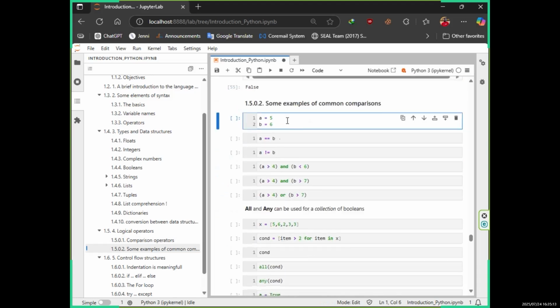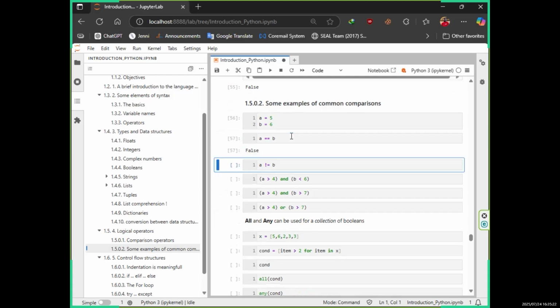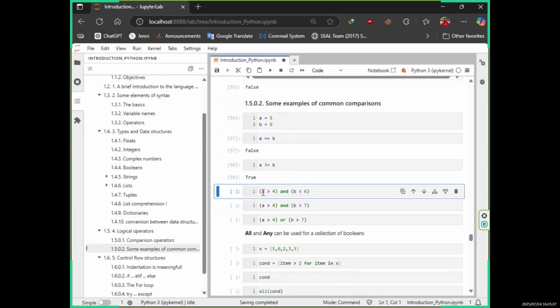So these are some common ways that we can do comparison. A equal 5 and B equal 6. So A equals B, the output should be false. Now this exclamation mark equal is asking whether A is not equal to B. So it's true because A is not equal to B. Now I am asking whether A is greater than 4 and B is less than 6. And then I am asking